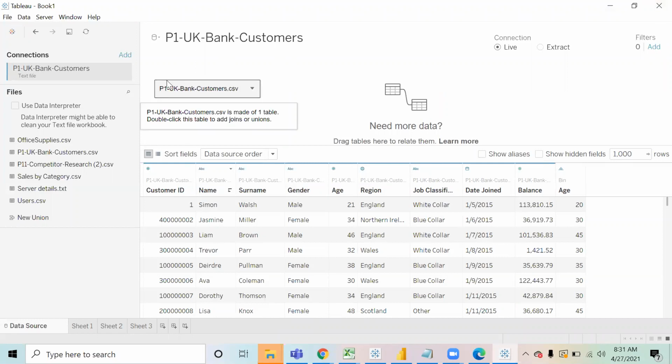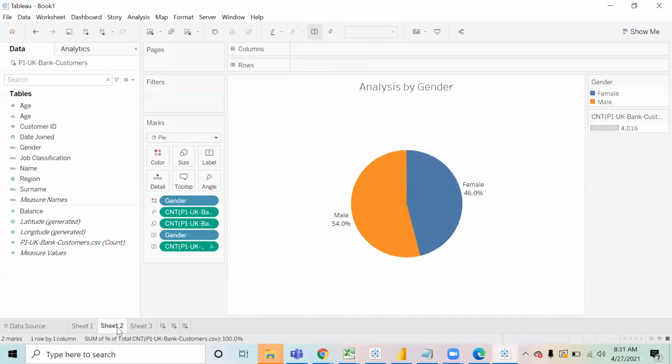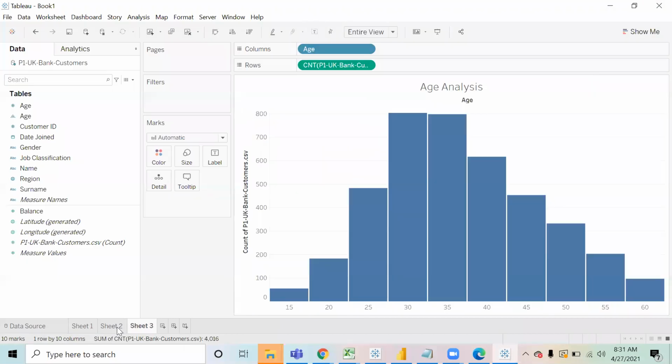Tableau will hit this text file, load the data from there and update the charts. Getting the point? So Tableau has not saved the data. When I close this file and open it again, Tableau will first hit the text file, load the data from there and update the charts.